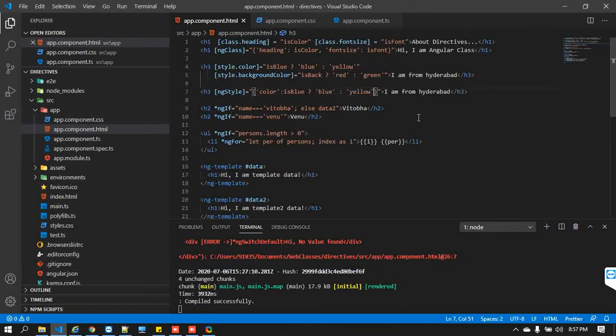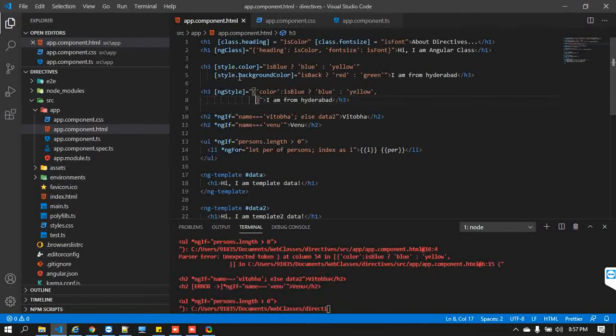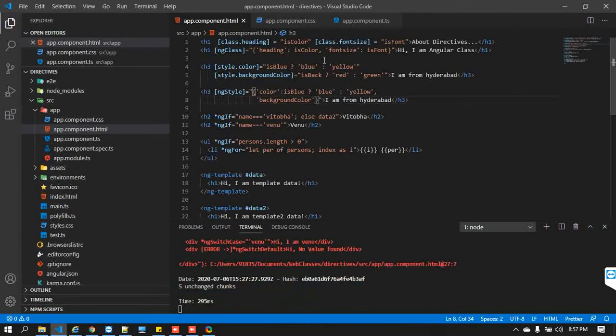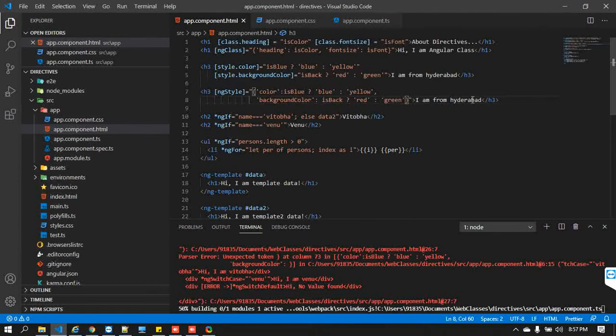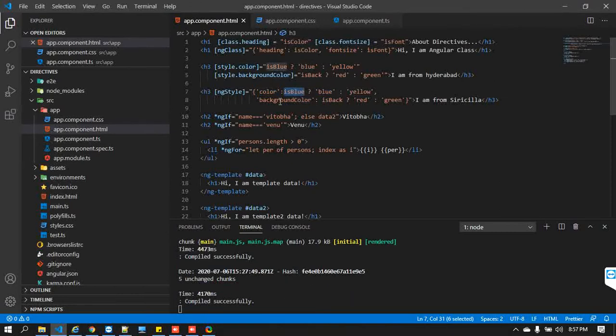I would like to add one more thing, that is our background. Just keep the background here as it is. Then next, I'm putting the condition here. So at this moment, the color style will be assigned the respective color based on your condition, and the respective background color will be assigned based on the condition to this element, right? So now I'm saving.